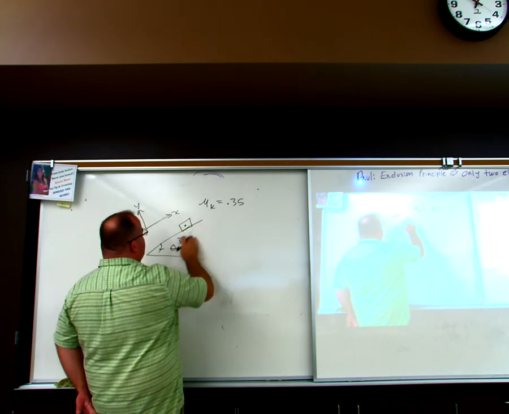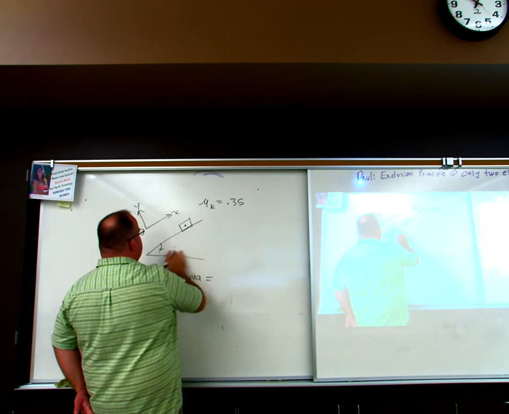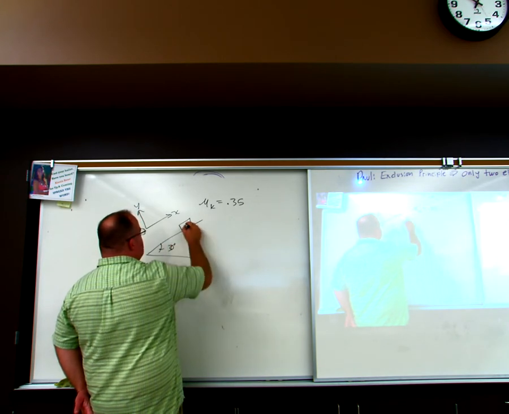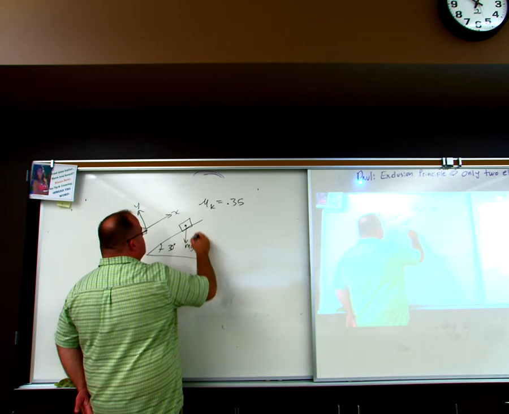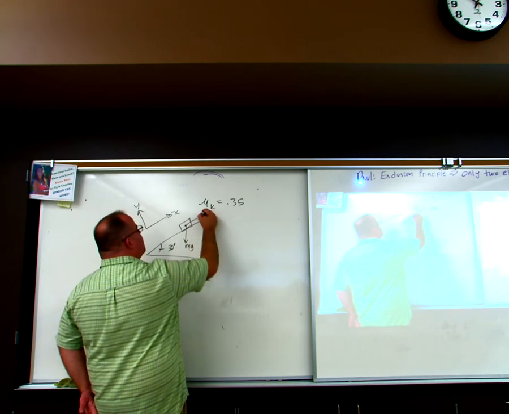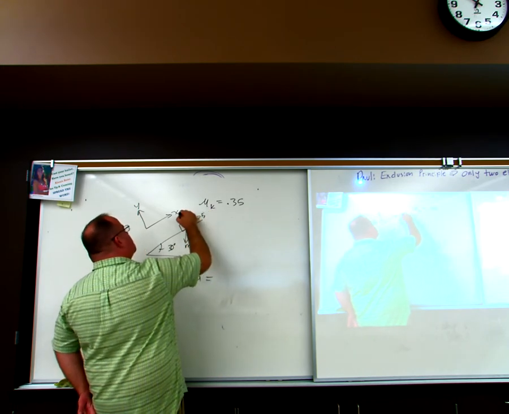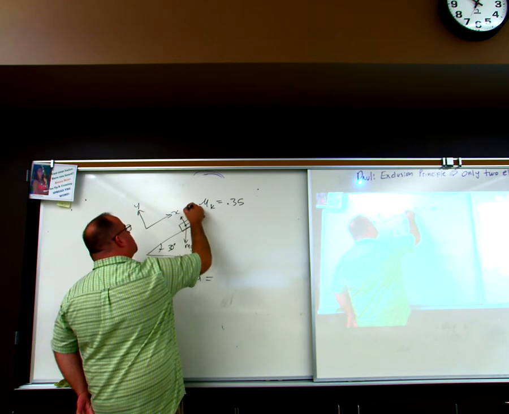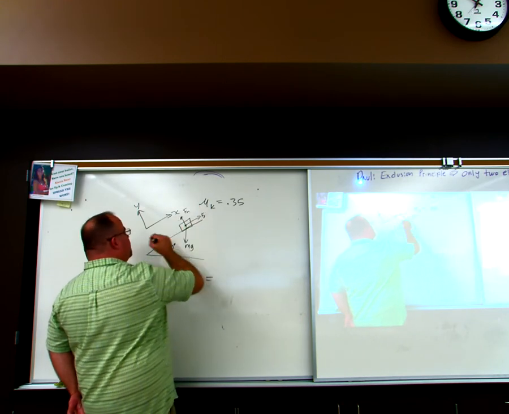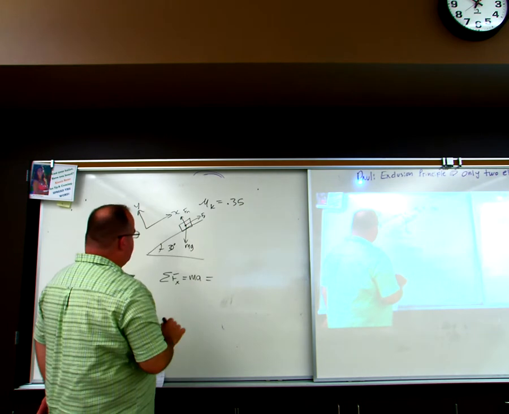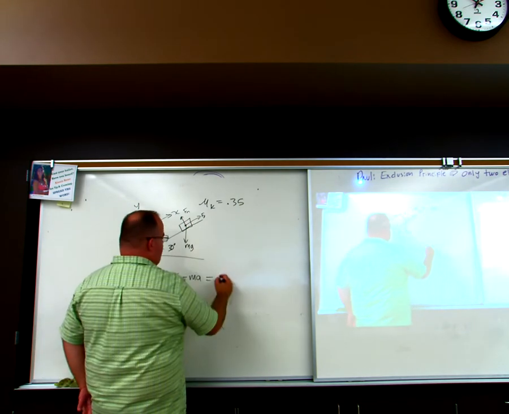Let's draw our forces before we get into this so we don't screw up. We'll put this 30 degrees down here. This is mg. This is the force of friction. This is the normal force. And there's nothing on that side. So the positive direction would be,